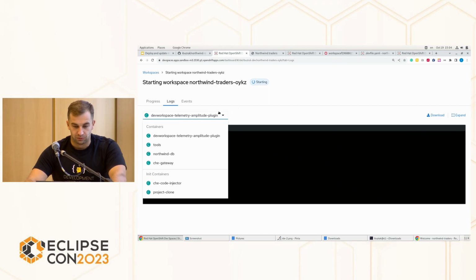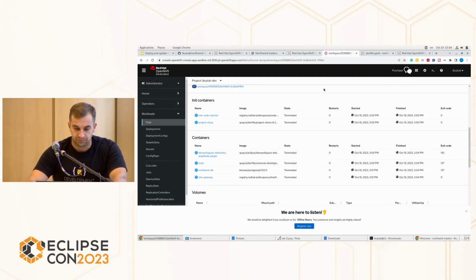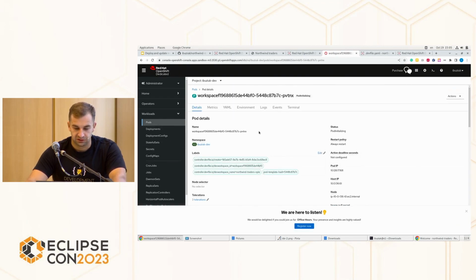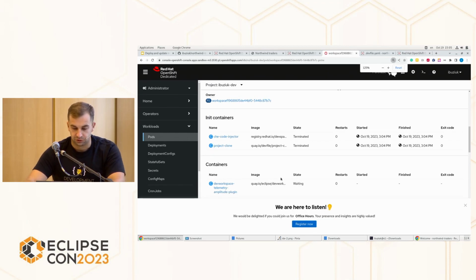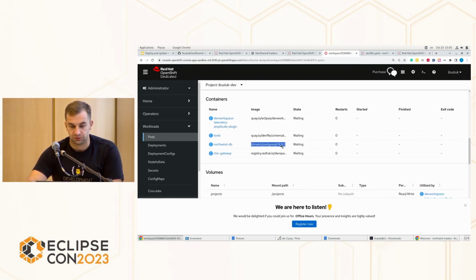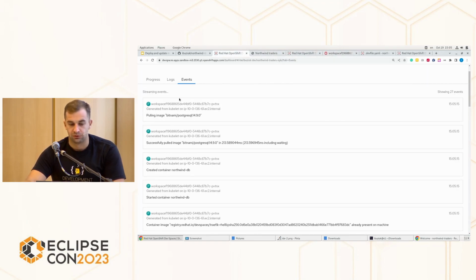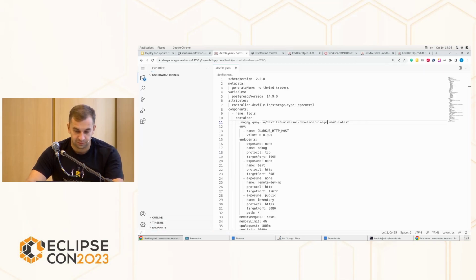With that, we can take a look at the events, and we can actually see it also on the OpenShift console view. If I open the workspace, I can see that for the Northwind database, a different version of the image tag was used. You see that this image is now being pulled from the Docker registry. And now if I execute a new task,